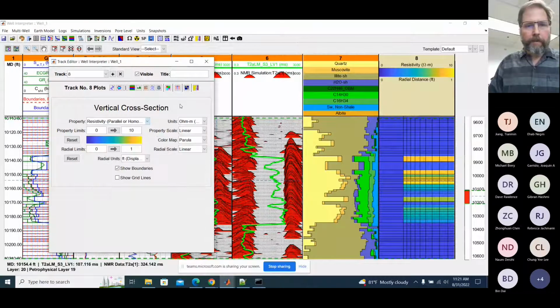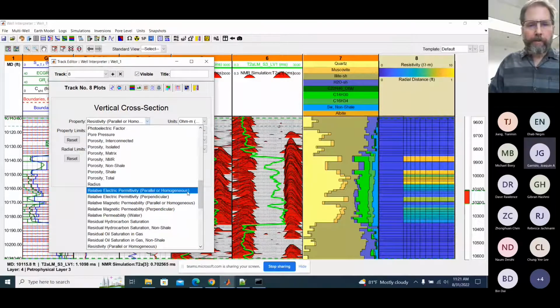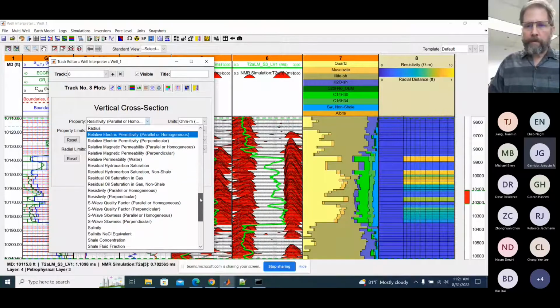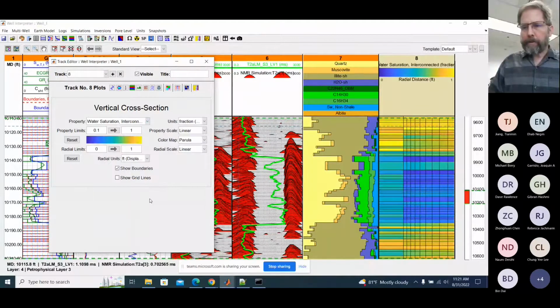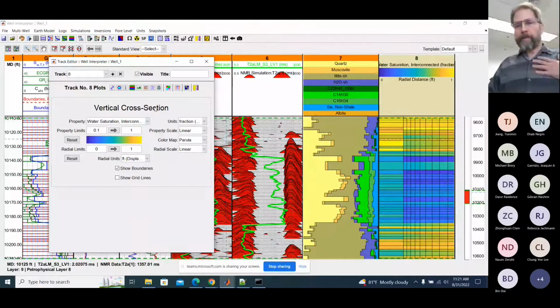Okay, well, I thought maybe we could pick the particular one, but it's not in the vertical cross section. It's in the composition. I wanted to see a vertical. Let's see, maybe the water resistivity isn't really going to show it, or the water saturation isn't really going to show it. I mean, it shows a little bit, but I wanted to actually see the